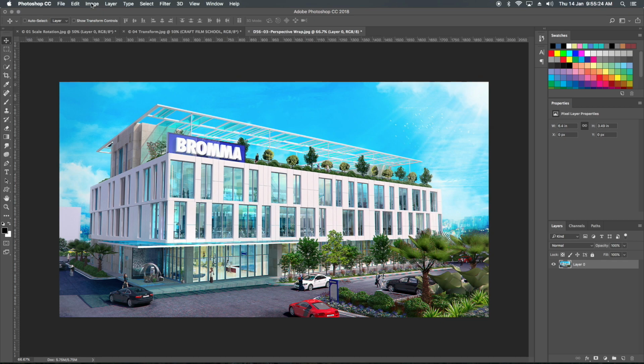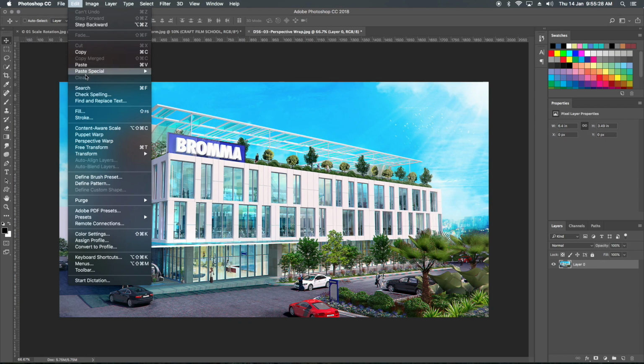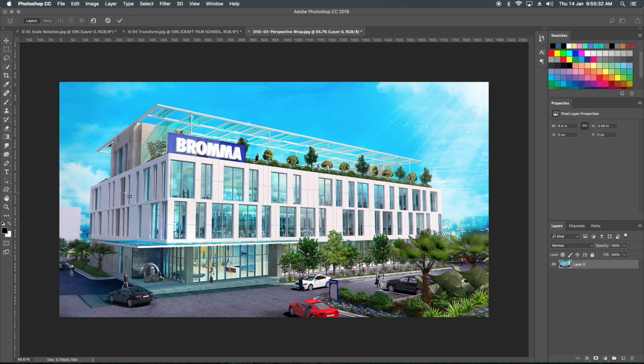Now we'll try this one on our building. What we have to do, we have to go to image, go to edit and perspective warp. Now what I am doing is, I have to give corners to this image, okay, where the corners are. So I just randomly give a warp.